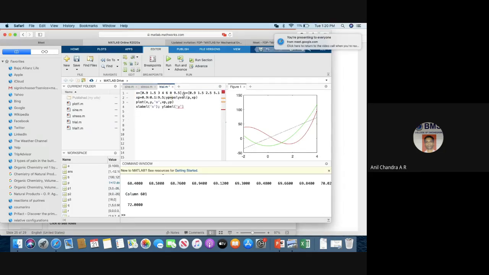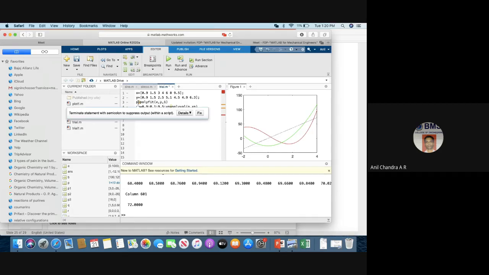This is the x data from the experiment, and I have the y data. The size of the arrays must match: 1, 2, 3, 4, 5, 6, 7. So there must be 7 data here also. And I say polyfit x comma y comma n, where n is something that you can change, right? So it returns m and c in this p. Okay, so now that p will have an expression.